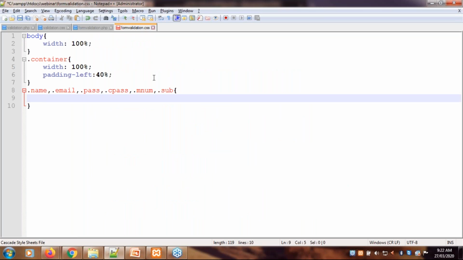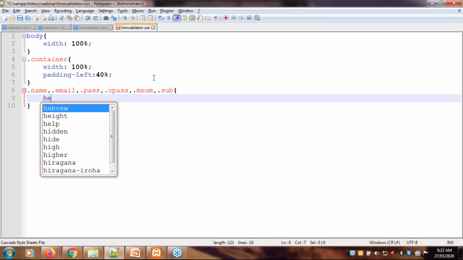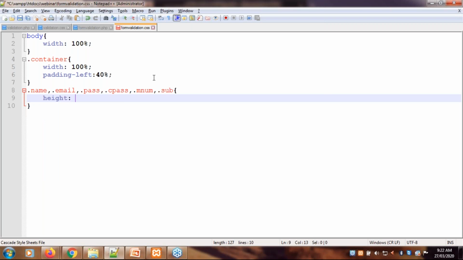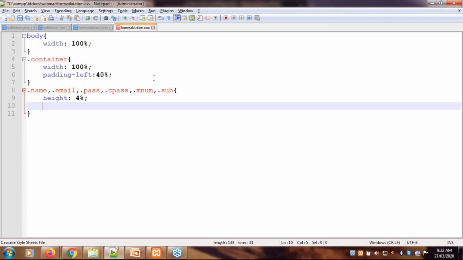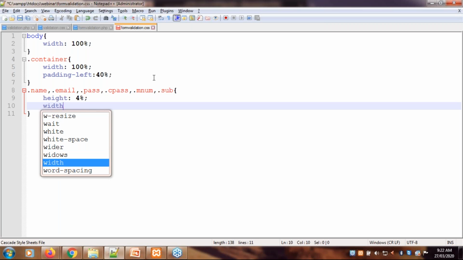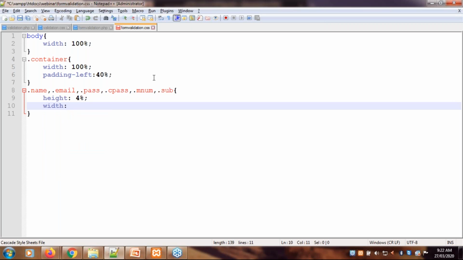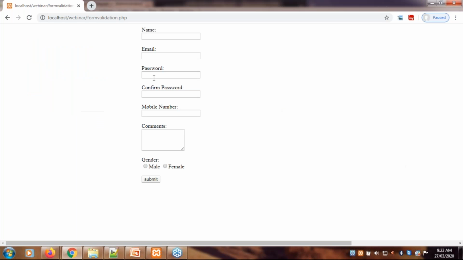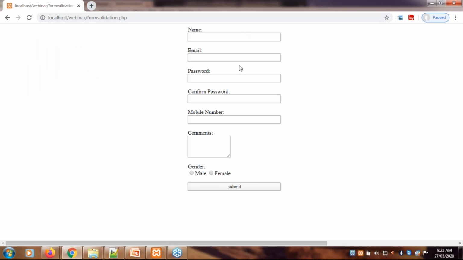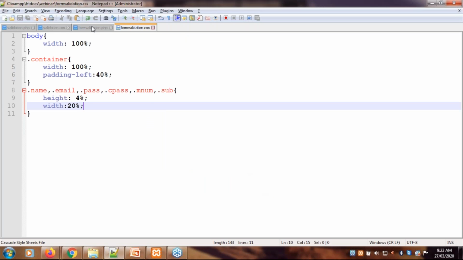For text area, we have already given rows and columns, so we are not adding height and width properties. So I'm using height of 4% and width equals to 20% for each input. Right. So you can see all the inputs have the same height and width.